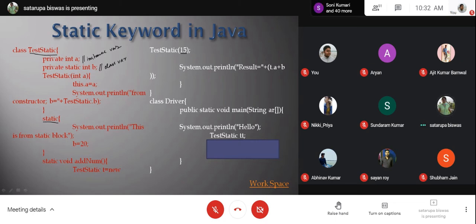Nothing will be printed. Ma'am, please repeat the question. What will be the output of this code? See the driver class, see the main function. Observe the code carefully. What will be the output? At least one thing you should say.